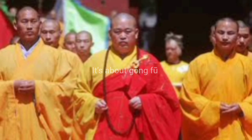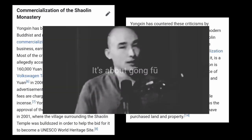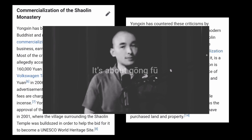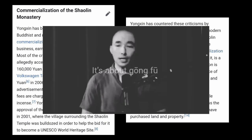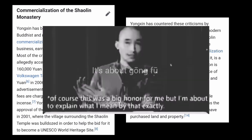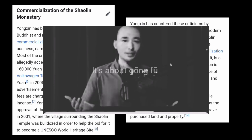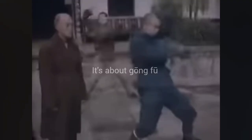The mastermind behind this shameless commercialization is Shaolin abbot Shi Yongxin, who is already known in China as CEO monk because of his lavish lifestyle. You give him money and he will make you a disciple even if you never learn Shaolin Kung Fu or Buddhism. Anyone can become a Shaolin disciple. You can go to the temple, they'll have a ceremony for you, and you'll get a Buddhist name, you get a little Buddhist sort of passport, and then you become a disciple of the current abbot. Some people come to Shaolin and they just go there, they throw money at them, and they have the ceremony, they become disciples because they need the certificate, they need the paper. However,